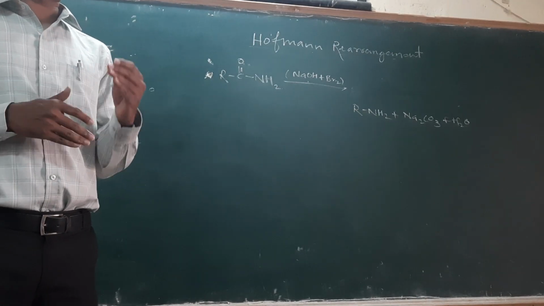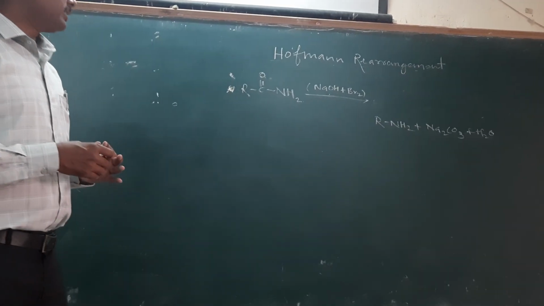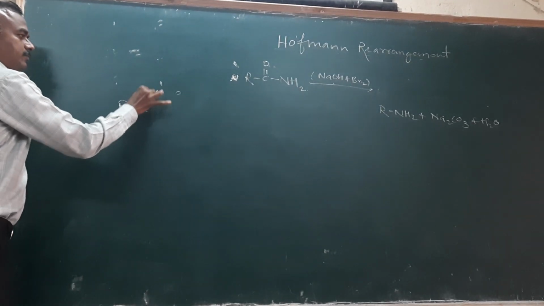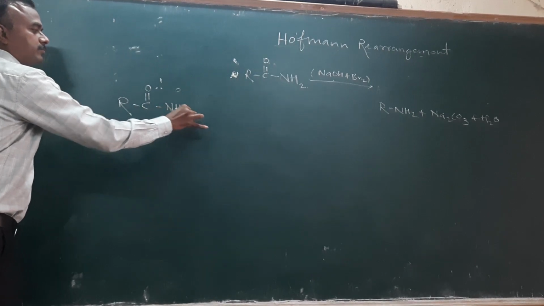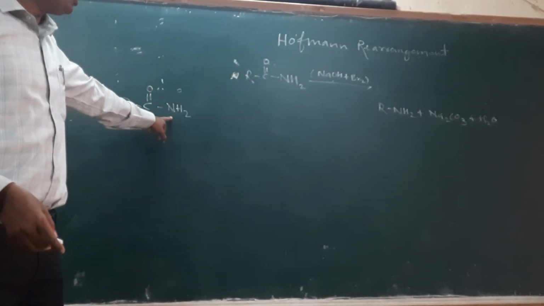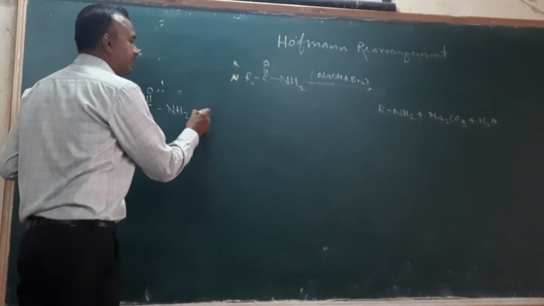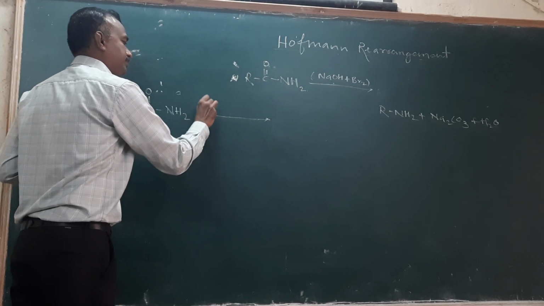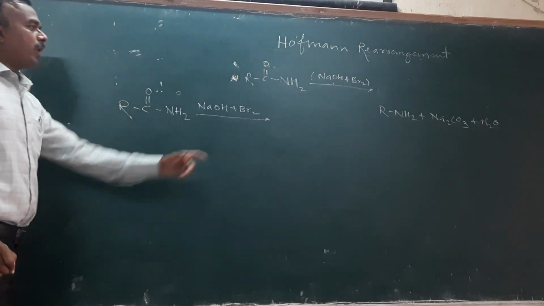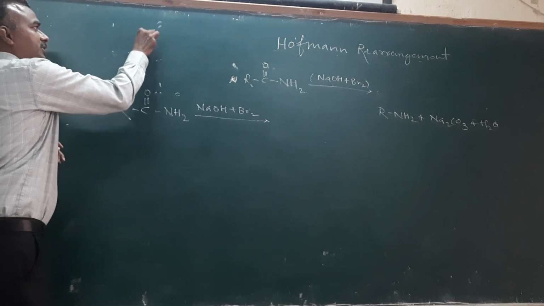Now we have to think step by step how this reaction will occur. Suppose you have an alkyl amide. So this is a C double bond O NH2, an amide group. Now you have to add NaOH and Br2 here. What is the role of Br2? What is the role of NaOH? This NaOH forms the bromoxide of